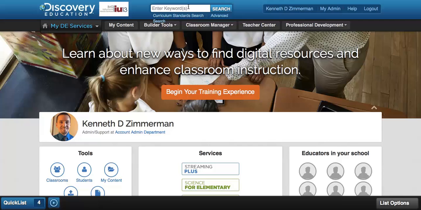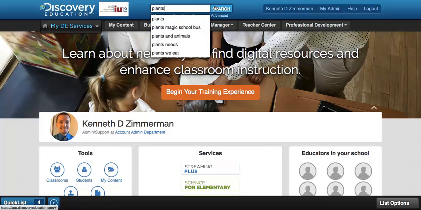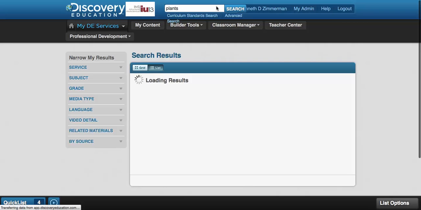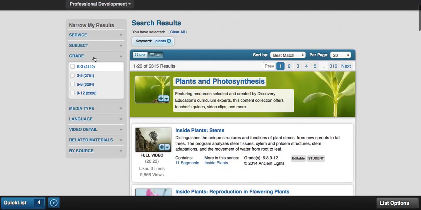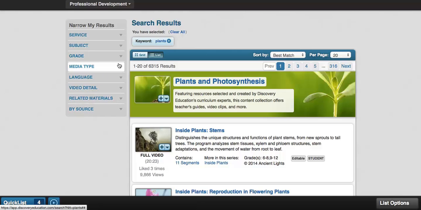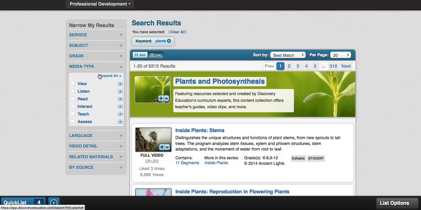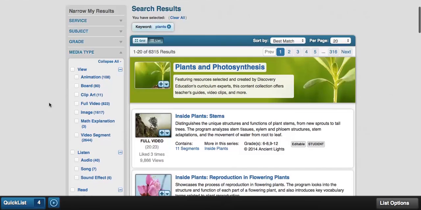The very first thing that we like to start with is by entering a term that you're searching for. So in this case, I'm going to search something that's pretty general, like plants. When I click on plants, I'm going to click on search. When I'm doing that, notice that my results have a filter on the left-hand side. Notice that there's many different types of media that I'm able to get, and I can filter it by grade level, by subject, by media type, and I want to expand all of these so you can see all the